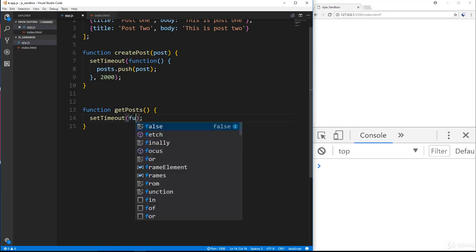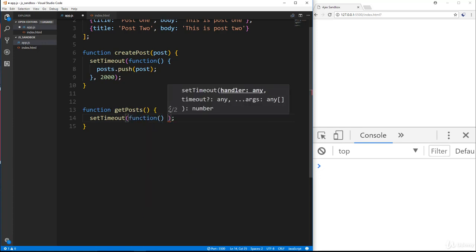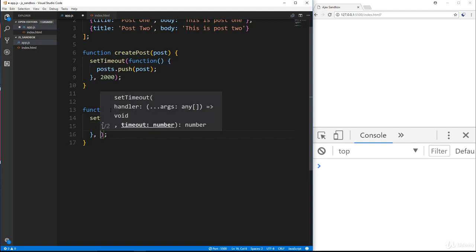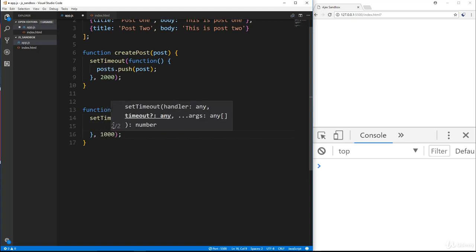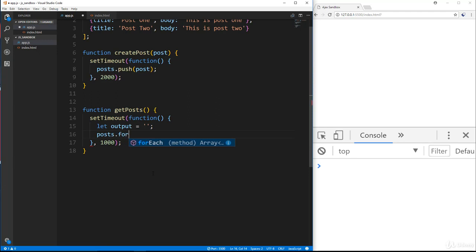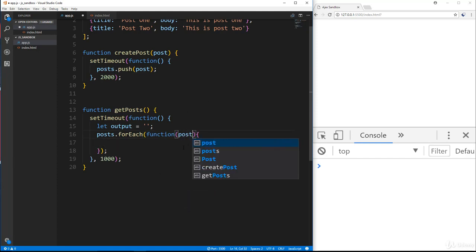All right, and we're going to pass in a function, and let's set this one for 1 second, so 1000. Okay, and then inside here what we'll do is let's create a variable called output, and then let's loop through our posts. So we'll use forEach, which takes in a callback, and we'll say each iteration it'll be post, so we can then do output plus equals. We're going to append on to output, and we'll just wrap it in an li,